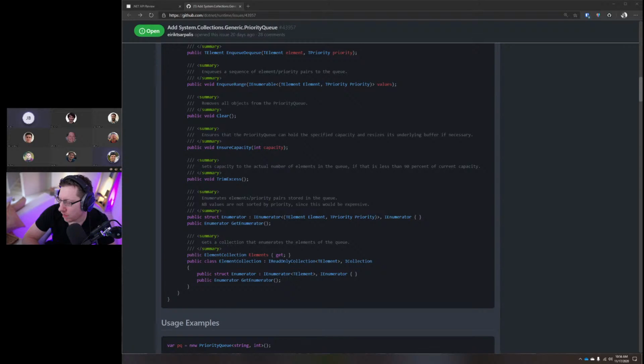Seems reasonable. I'm not suggesting adding priorities. I was just thinking you have two properties, elements and elements with priorities. I think it's fair to say that when you access these two, they are not ordered, because that's kind of what you have with keys and values on a dictionary as well. You just get them in whatever order is convenient.